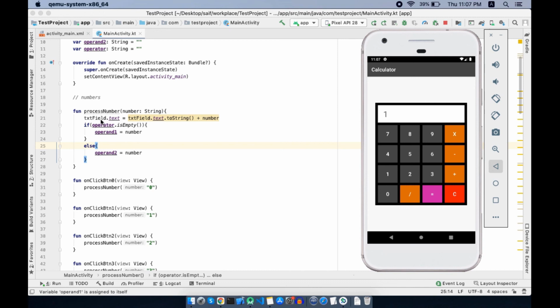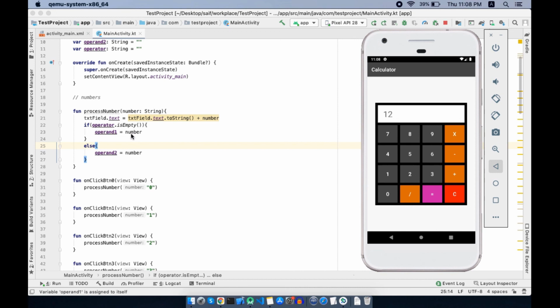It shows number 1 on the screen. It checks if operator is empty. Yes, we have not typed any operator, so this condition will execute and the number 1 will be stored in operand 1. Now if I type 2, same function gets executed. It shows 12 on the screen and again the operator is empty.